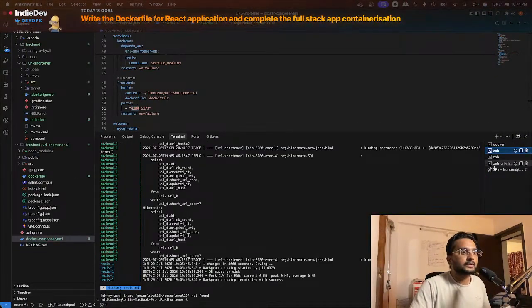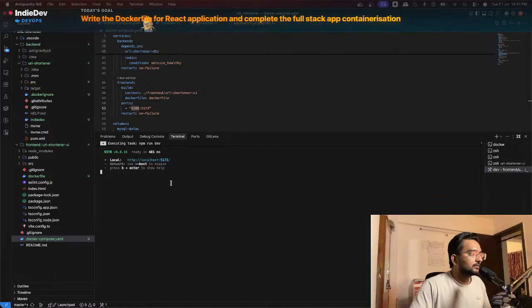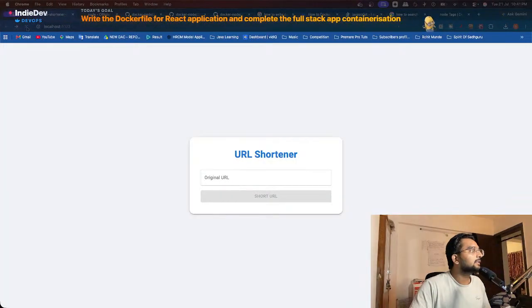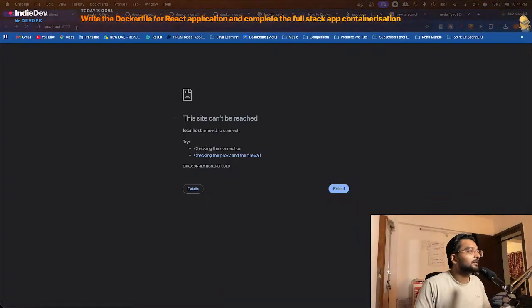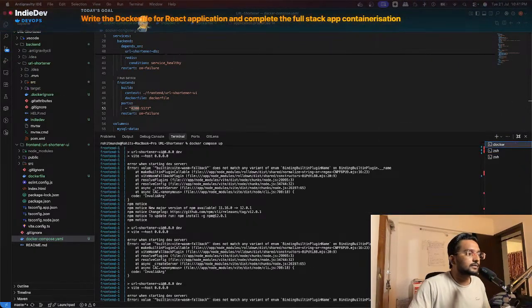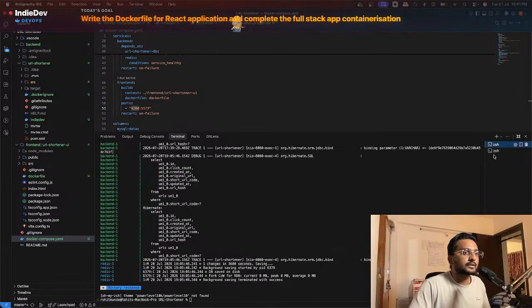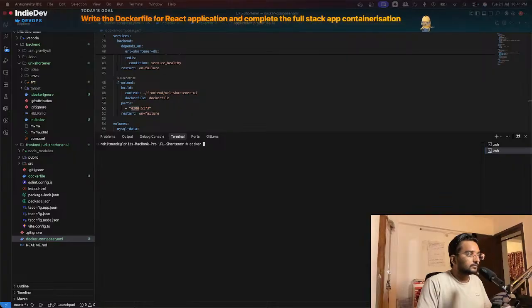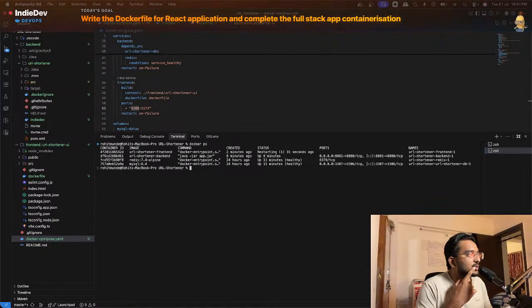Let me first stop the run. Kill the terminal. Okay, and let me go back. Yeah, it stopped working on this one. And then let me kill the terminal and let me see. Docker ps. So front end is working, back end is working, restarting 31 seconds ago. So if I do docker compose up,